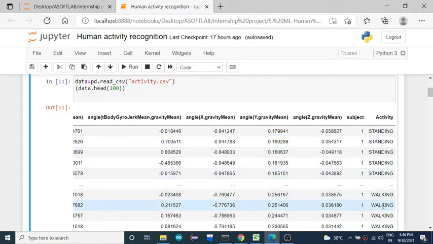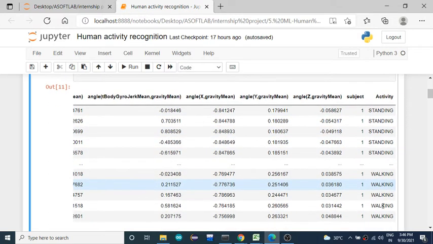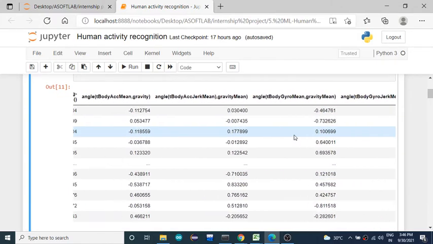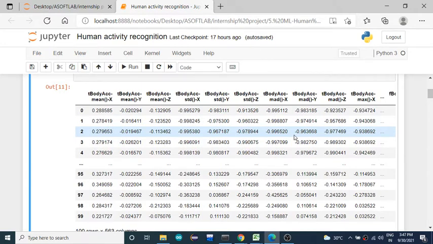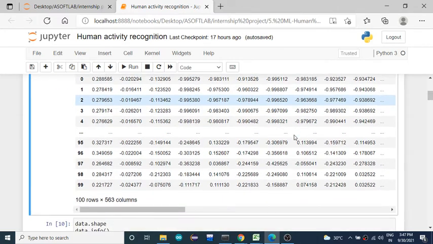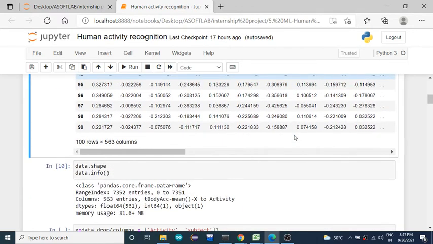This will be in string format, as it will be the output, so we can keep it as it is, and the rest will all be in numerical form. We don't need to convert anything, as it is already numerical and doesn't have any categorical data.